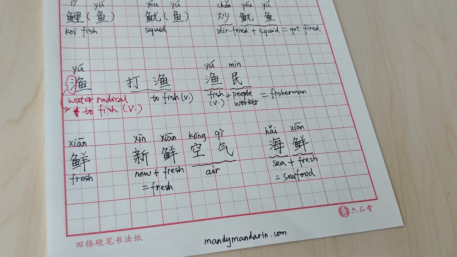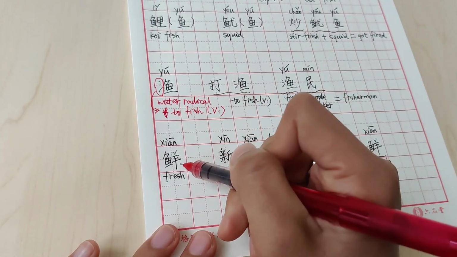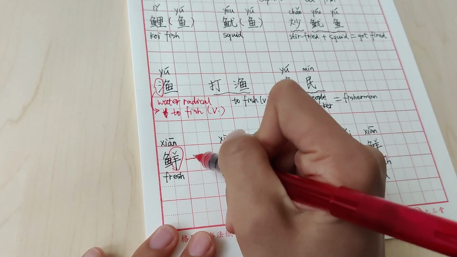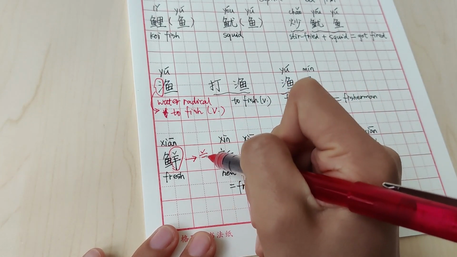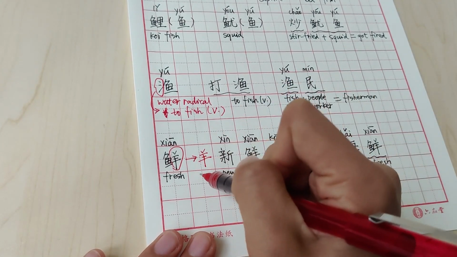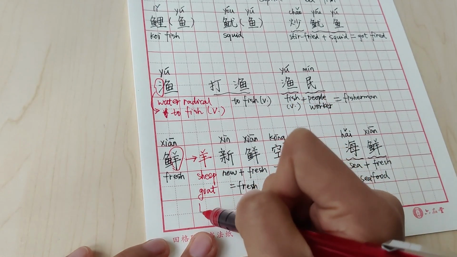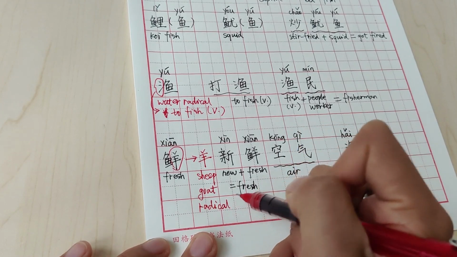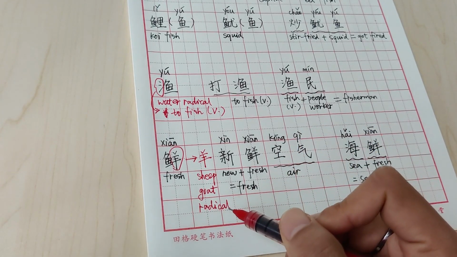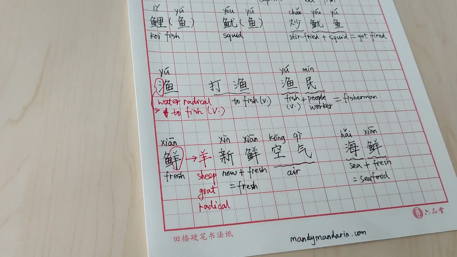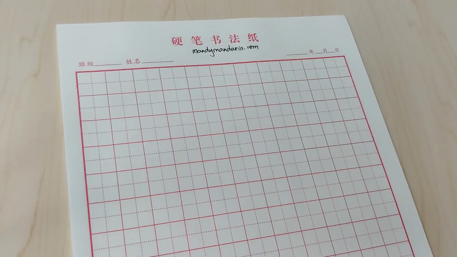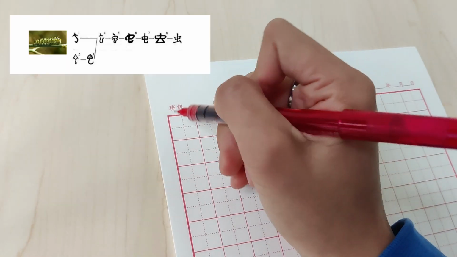Okay, very good. And just to let you know, the right part of the 鲜, which look like this, is the sheep and goat radical, which is also the animal radical I'm going to talk about in the next video. Moving on to the fourth animal radical we are going to talk about today, and also the last one for this video, which is the